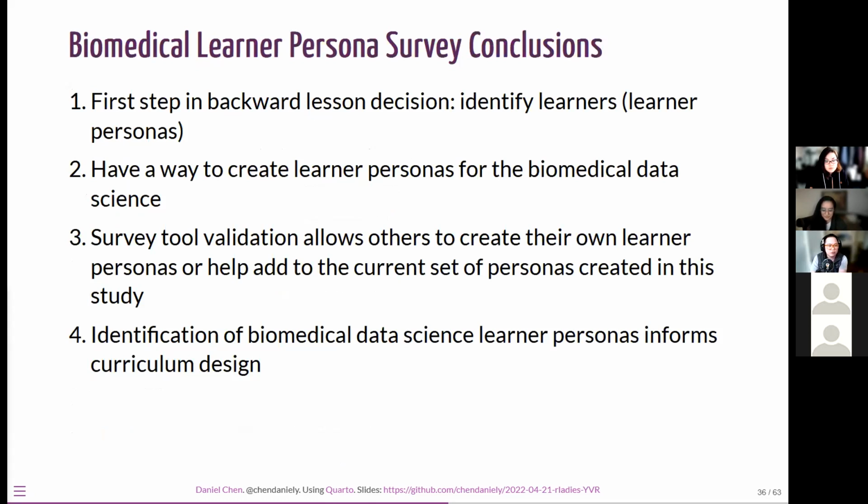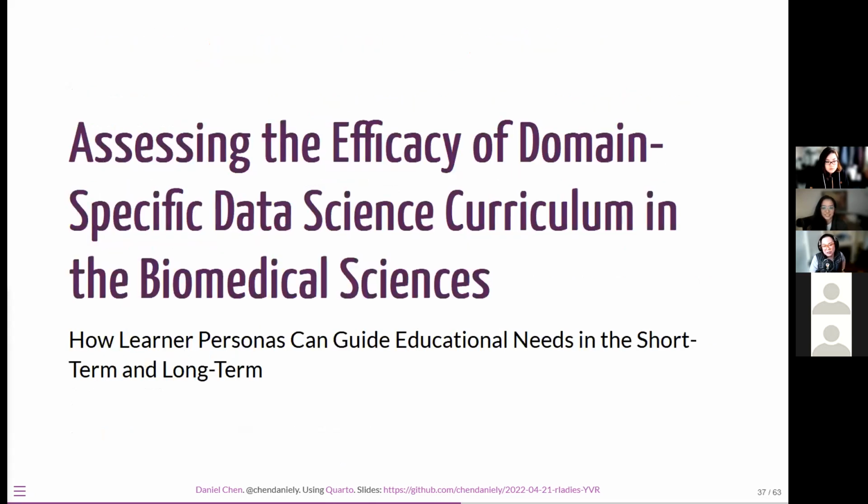And so, yeah, this was really step 1, which is saying that yes, you can do a backwards design. You can create learner personas. You can actually create a survey and then use the survey results to group them together to create personas. And so that was the proof of concept that you can actually do this for real. So the next step